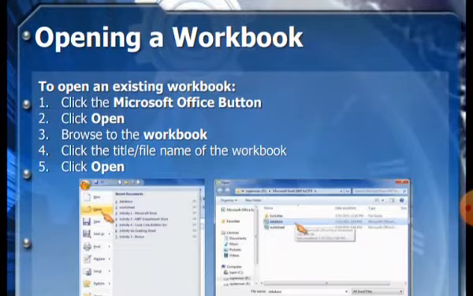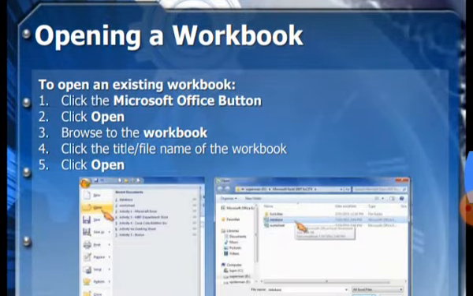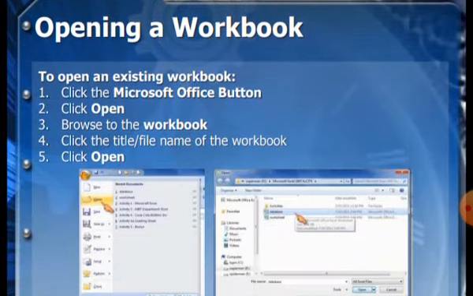This is how you open a workbook. There are 5 steps to open a workbook. The first is click on the Microsoft Office button, select the open option, browse to the workbook, click the file name of the workbook and click open.